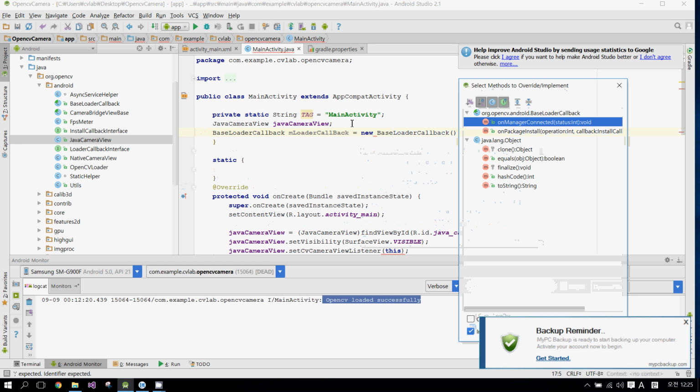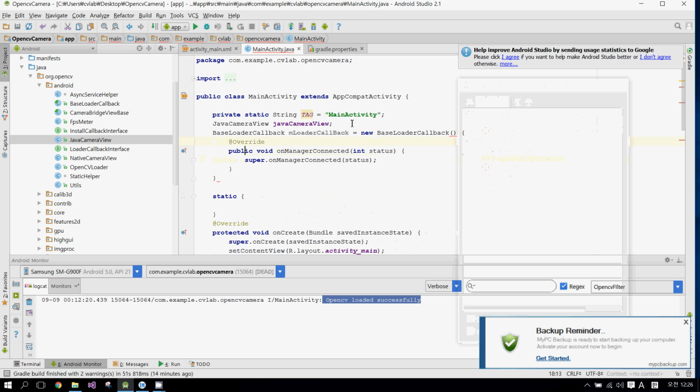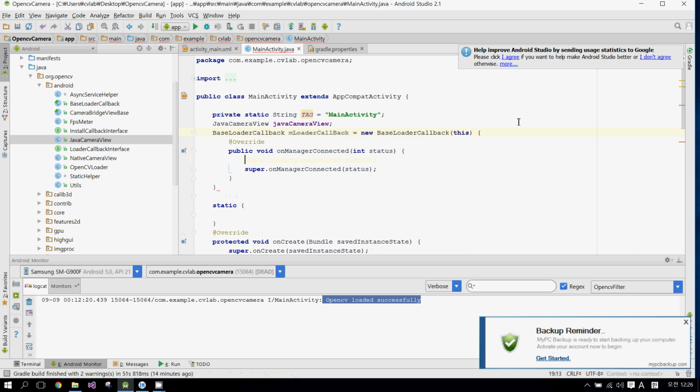Because this is an anonymous class, we need to override one method named onManagerConnected, and in here we specify this activity for that, and switch